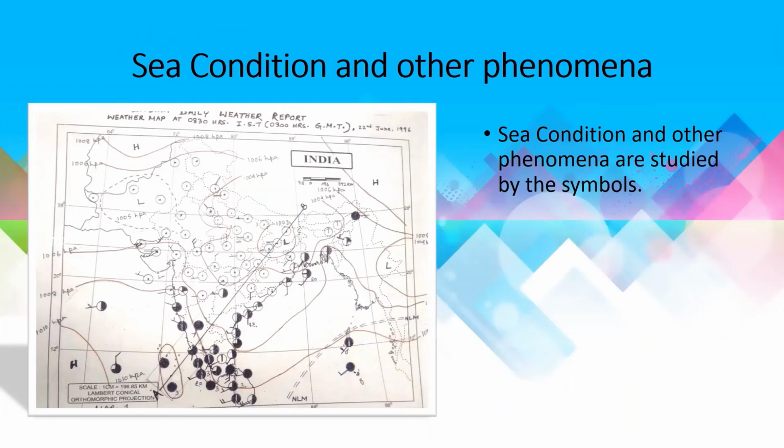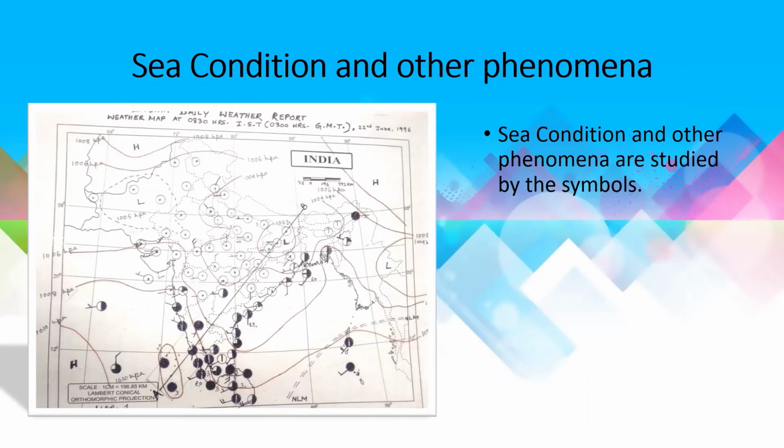The sea conditions fluctuated between smooth to rough. The sea was calm in the western part of India, that is on the Gujarat coast. The Indian Ocean was rough at 8° north and 76° east, that is the Malabar coast area, while the Bay of Bengal was rough at 14° north to 80° east and at 20° north to 89° east.